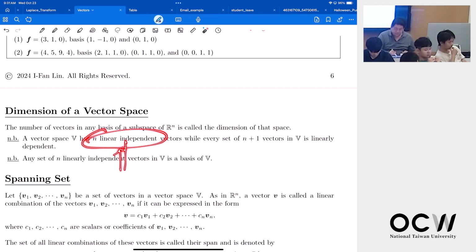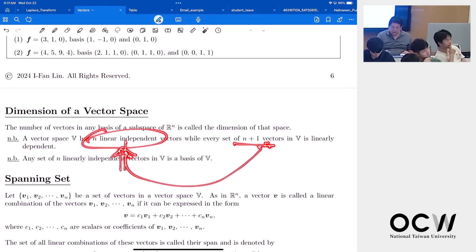Once these form the basis, the other vector can be expressed or written as a linear combination of your bases. And of course, the n plus 1 vectors will be linearly